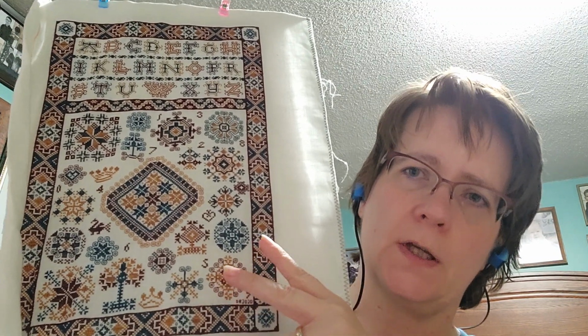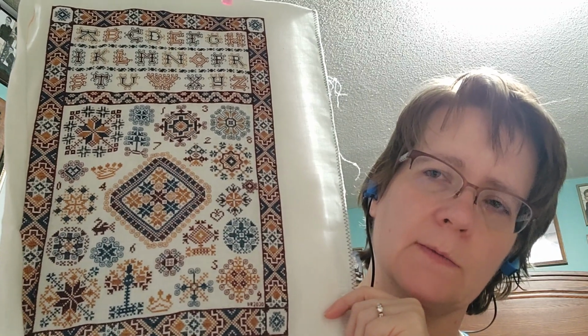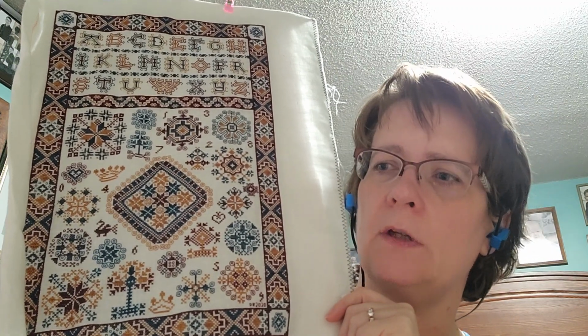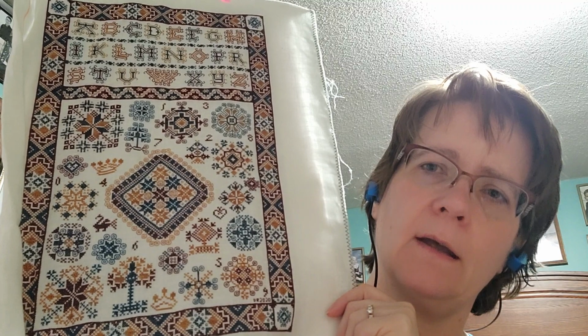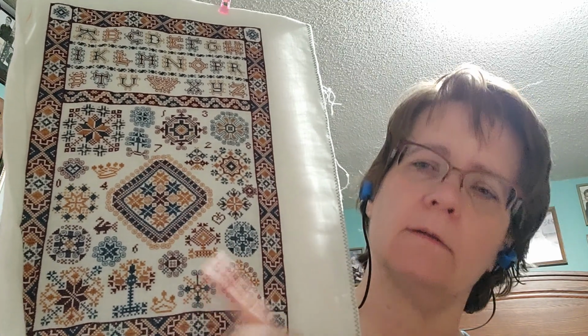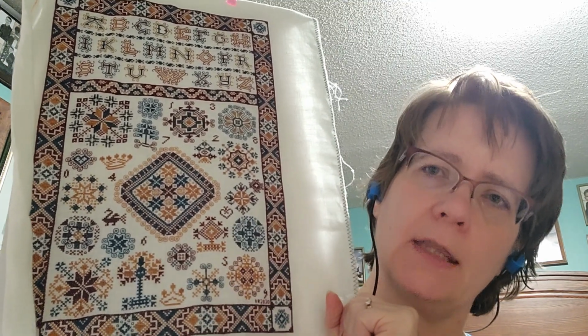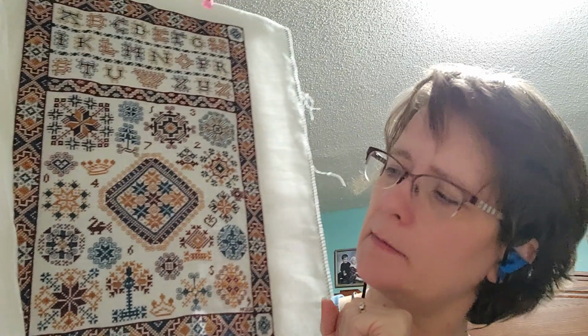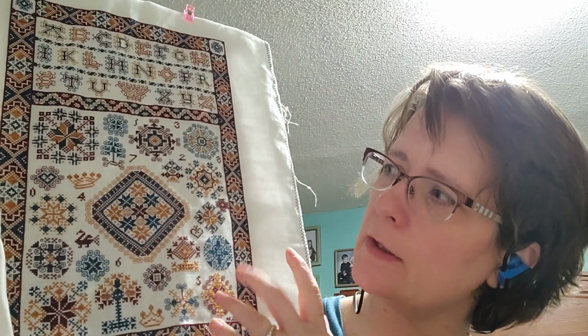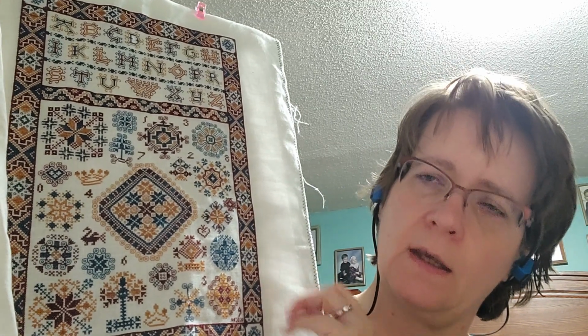I was close on the red, but I still had plenty left over. If you're doing 2 strands, you're going to want 2 skeins of each color. I don't remember how many yards are on a Gloriana skein. You'd have to think that through a little bit. But 1 strand, 1 skein of each color, 2 strands, 2 skeins of each color, and then you'll have plenty for this. But it's beautiful. Not all of her pieces have a huge amount of specialty stitches, but